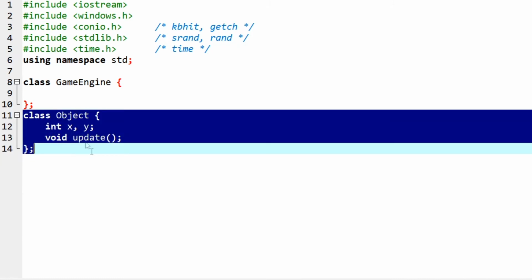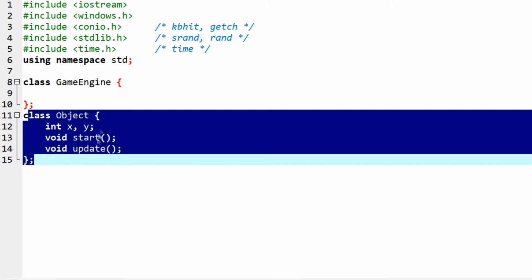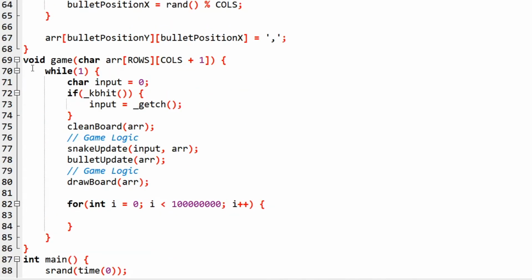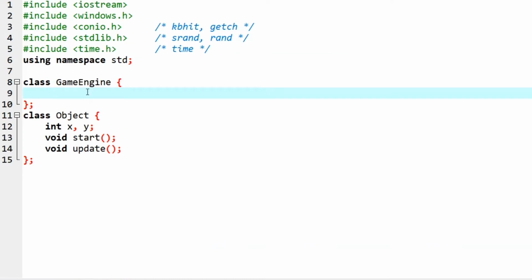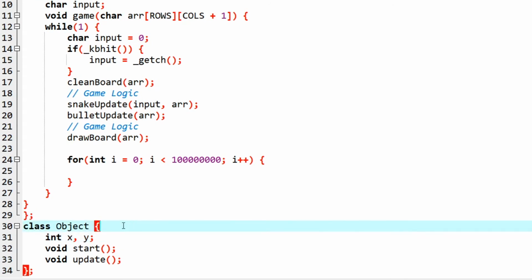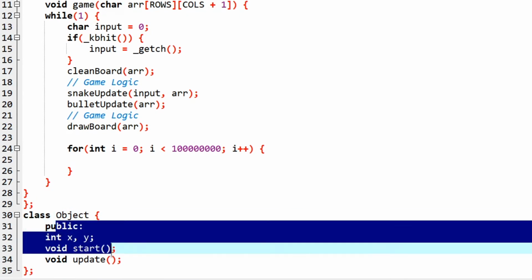Instead of having these variables on the outside, now I have these variables on the inside. This is a good advantage of object orientation. I can have these variables on the inside instead of having them outside, right? We should handle this game engine class first. Like I said, all of the actual code that handles everything will belong in the game engine. I want everything to be public. Yeah, this is not very object oriented of me to have everything public, but it makes things simpler. I like having things public.